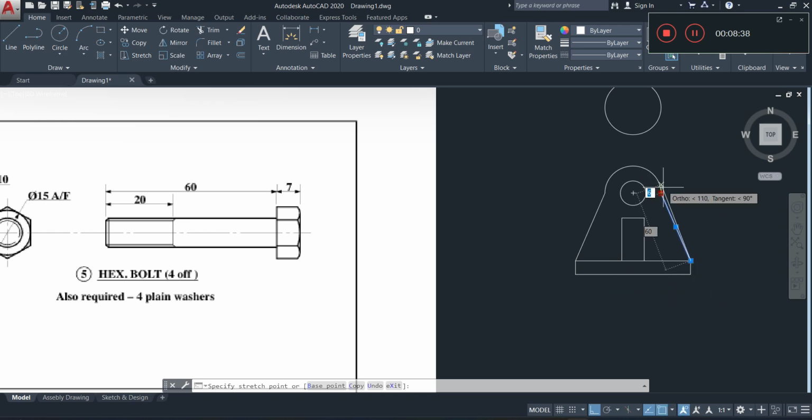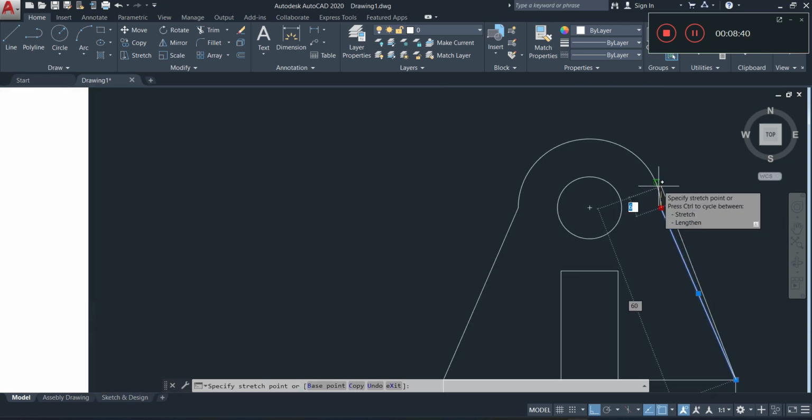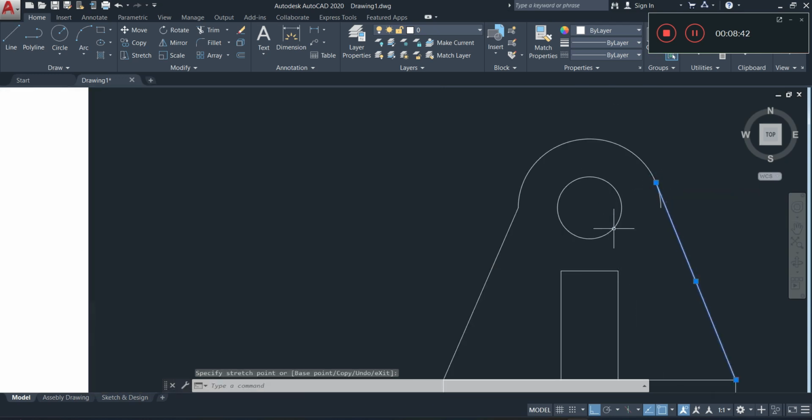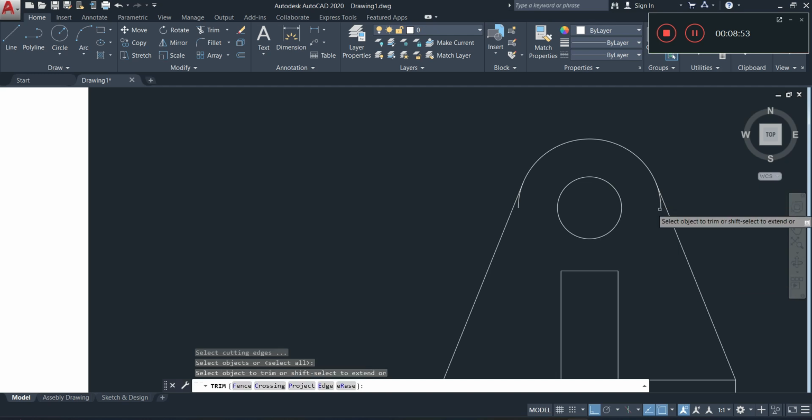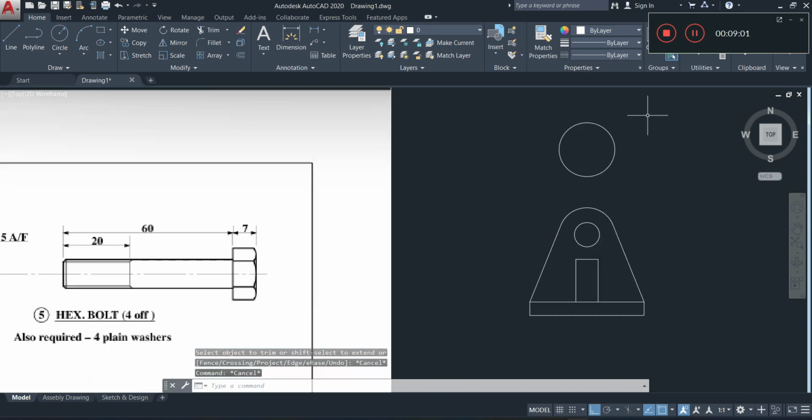Alright, so let's go. Alright, so there is the tangential point. Let's do the same on this side, right there. And then I can now trim what needs to be trimmed. So I'll trim away here. The mouse is acting up. And here. Alright, now I can take this and place it back in the center,